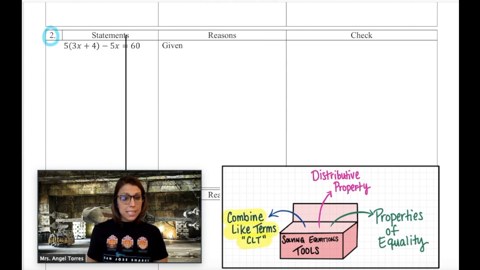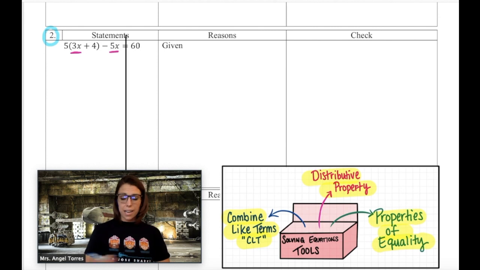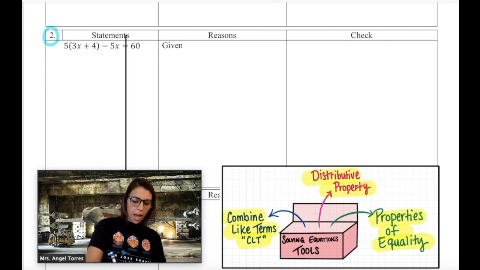Do you see parentheses here? Absolutely do, which means at some point I will also be using the distributive property, and because we've got a mixture of variable terms and constants, we'll be making some big ones and zero terms using properties of equality. So let's get started. First thing that I'm going to do is get rid of my parentheses because I can't combine terms if they're stuck inside of those groups. So to do that, I'm going to